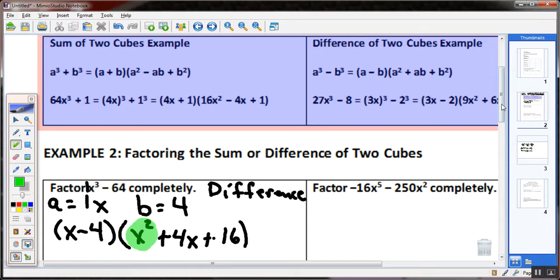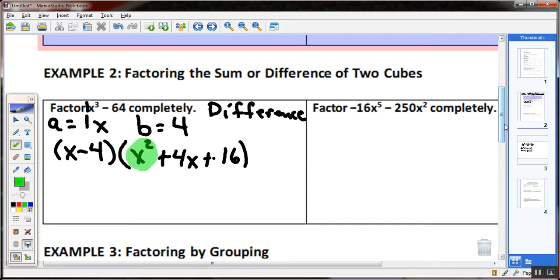Okay. All right. So let's see if we can figure out the next one. This next one's a little bit trickier, and I'm going to help you with that. Is that okay? You guys are ready for this? All right. This is a tricky one. First of all,